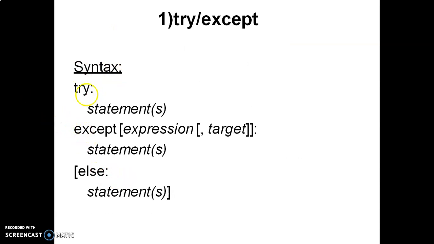For specifying these try statements and others, the syntax is try colon, and next the set of statements where we are expecting the exception. Once any exception is raised in this set of statements, the except blocks related to that raised exception are mentioned. The keyword is except, and within square brackets we mention the exception name and the target function or some variable, and then we mention the solution-related statements.